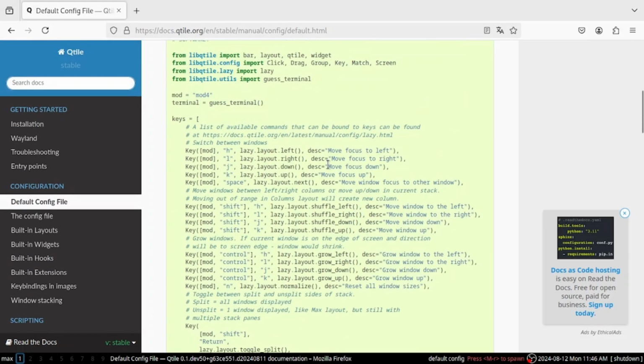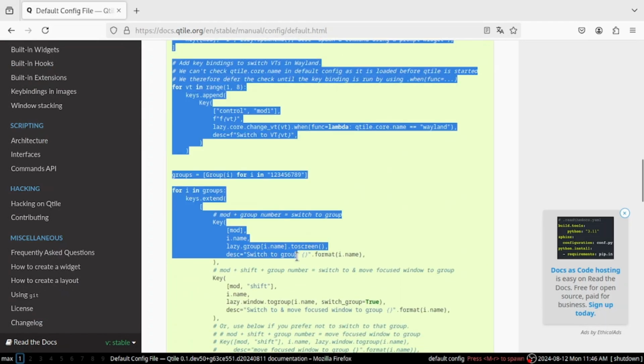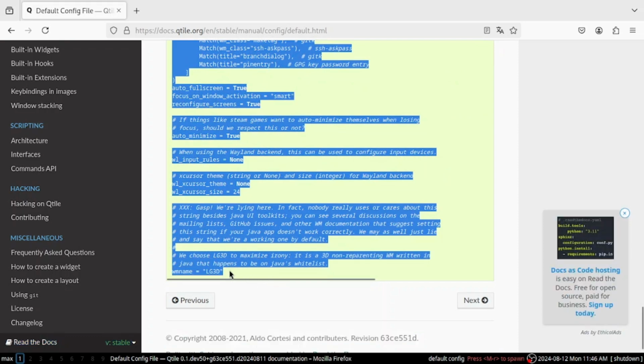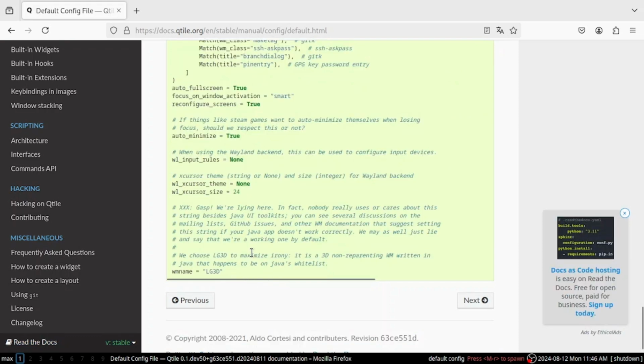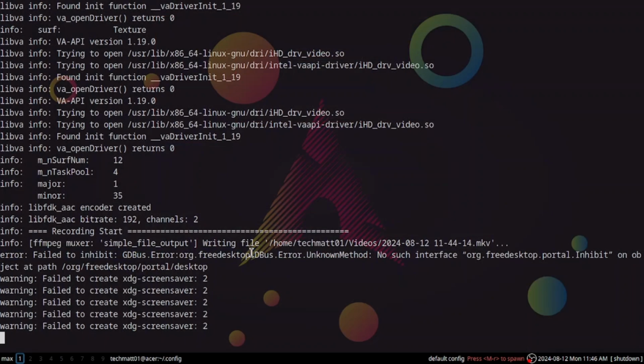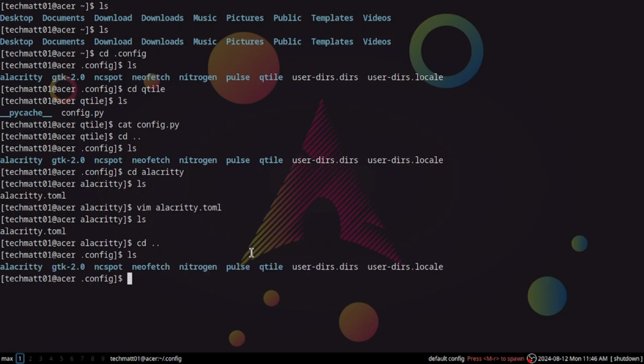Okay, so I'm just gonna grab this. Here it is, and I'm gonna put it in my... How many windows do I have open? Okay, I'm just gonna put it in my Qtile config file. So okay,